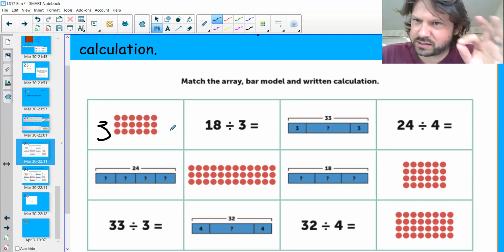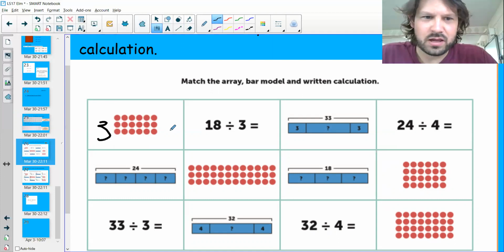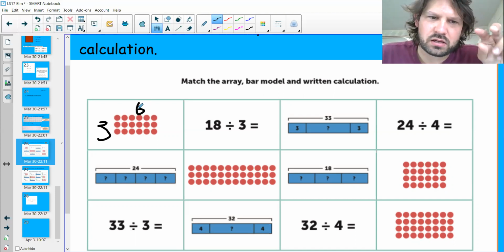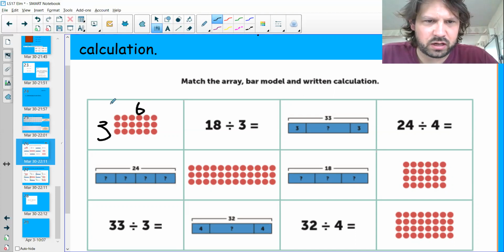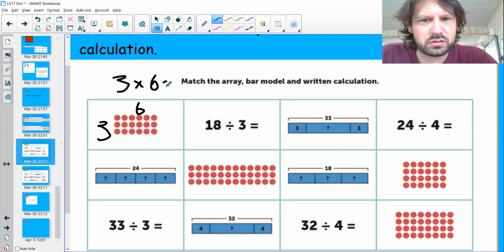Oh, you see, much better the second time. It's all about editing. So 3, and then I've got to count this way: 1, 2, 3, 4, 5, 6. So this number sentence would involve a 6 and a 3. 3 times, oh my goodness, please don't do it on a computer. It doesn't work very well. 3 times 6 equals,